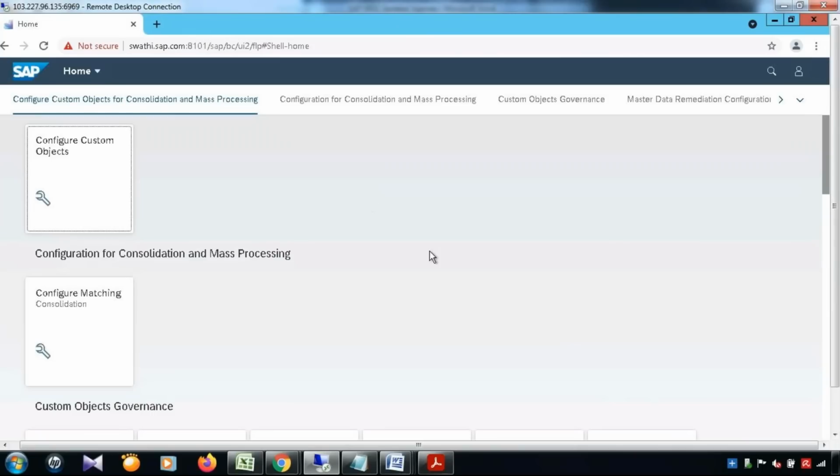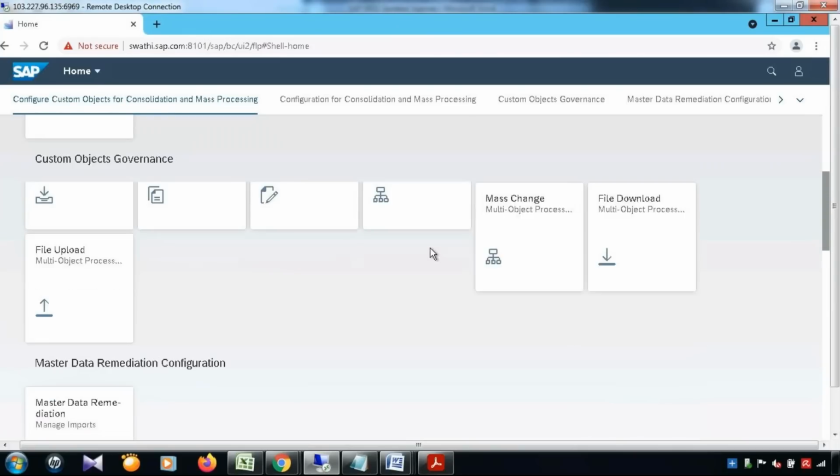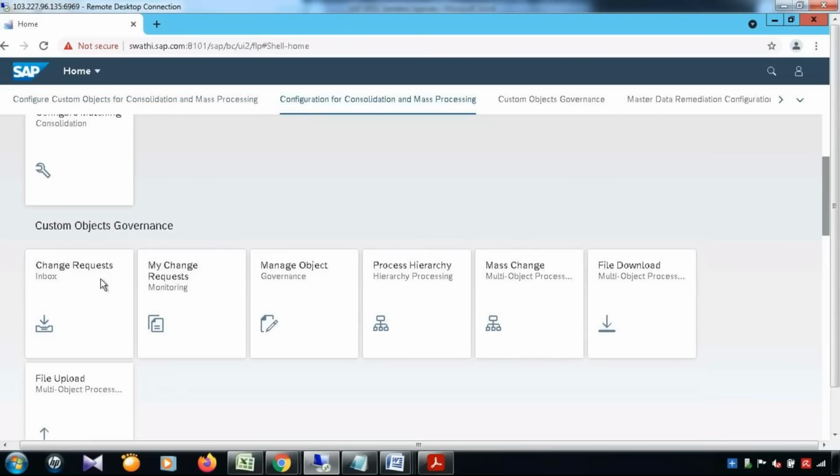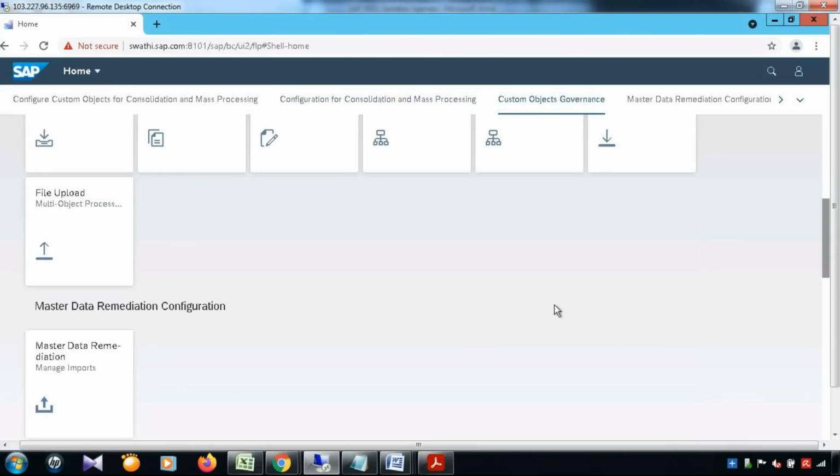Okay. So this is the launchpad. By using this launchpad, you can execute. So this is called Fiori Launchpad, and this is called Fiori tiles. These are all different tiles, and every tile has some objective. Okay. Now,